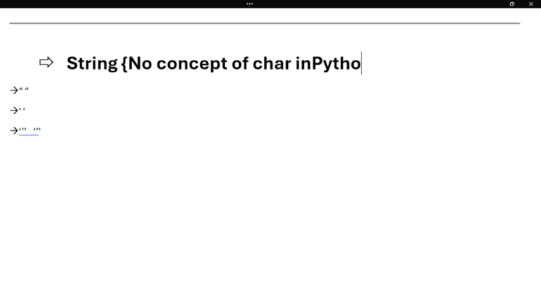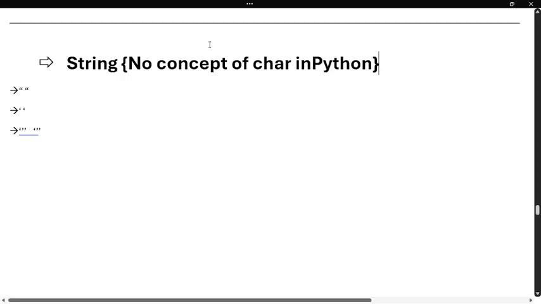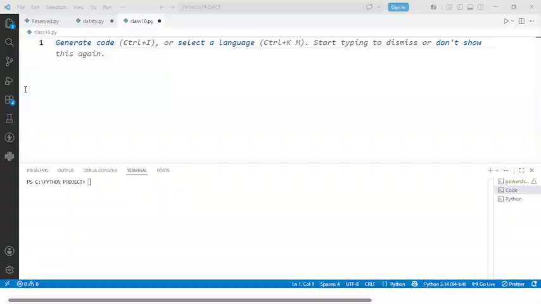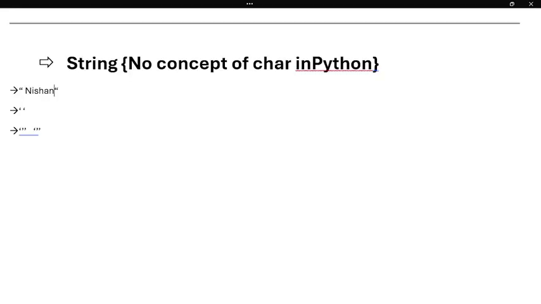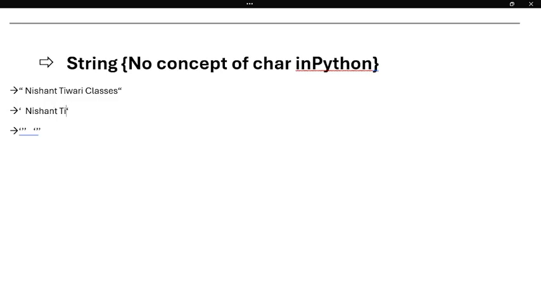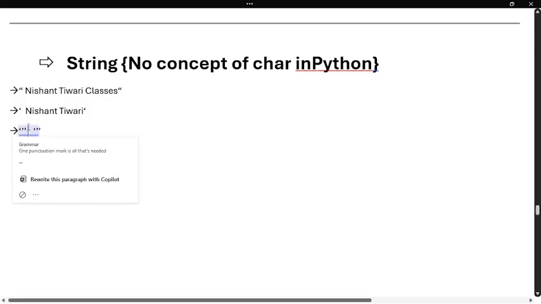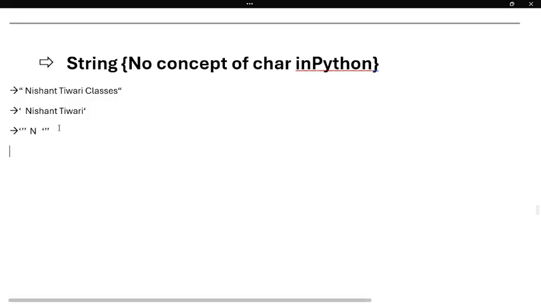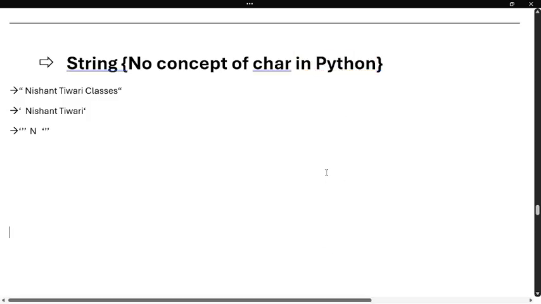Anything you define, either Nishant Tiwari classes, or Nishant Tiwari, or just N, will be considered as nothing but a string in Python.